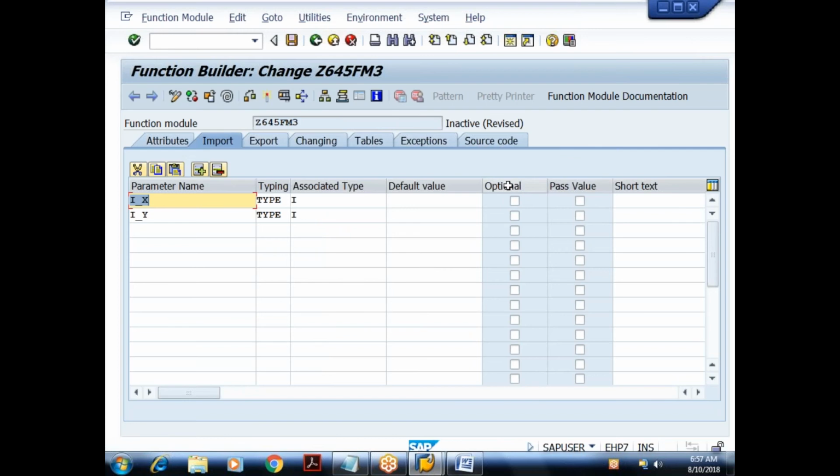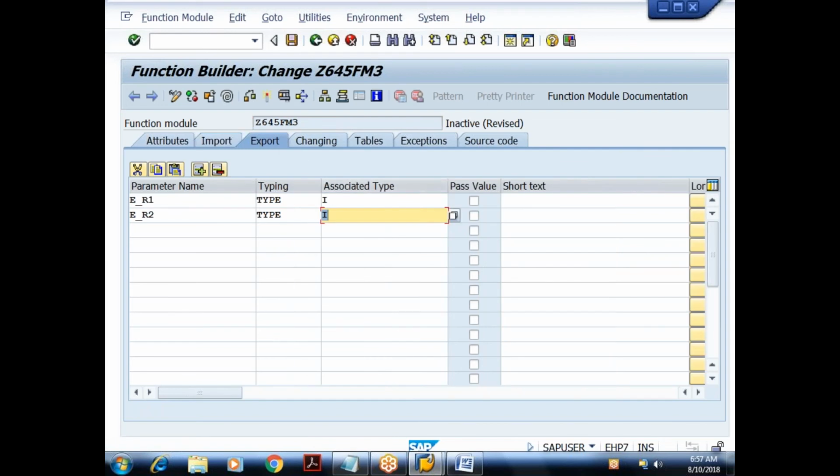By using this checkbox we can mark whether the parameter is optional or obligatory. If you don't select this, it means they are obligatory; compulsorily we have to pass the values for these two parameters at the time of calling the function module. But if you see the export section, we don't have any column called optional. So which means what? Export parameters are always optional.